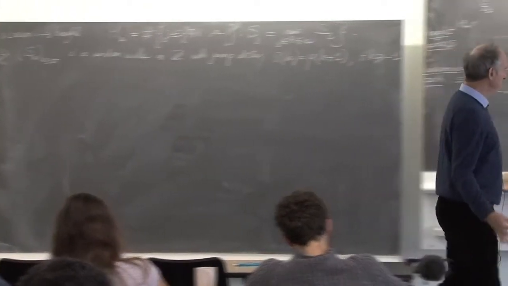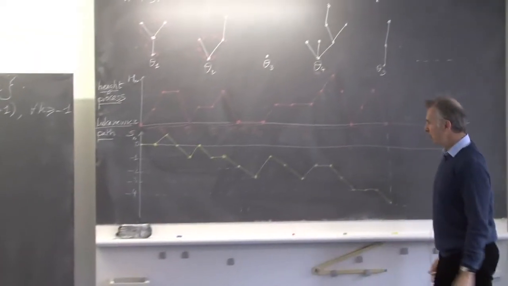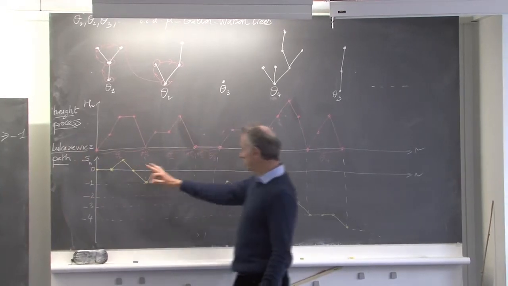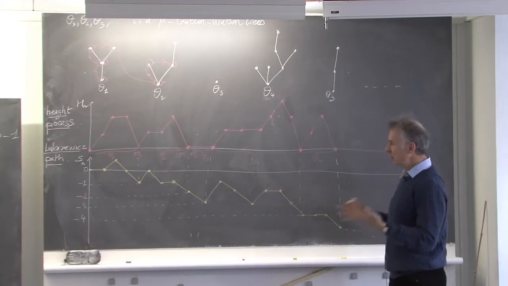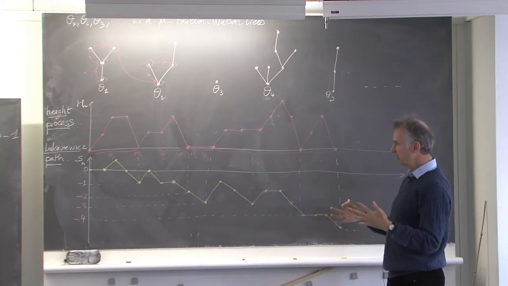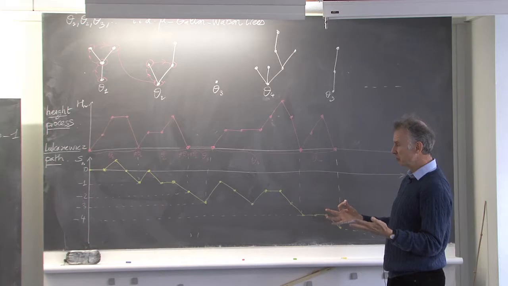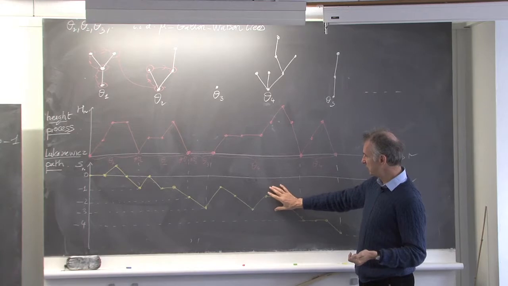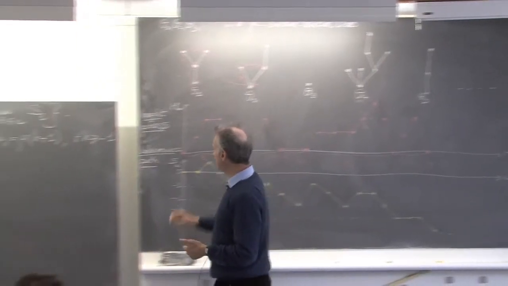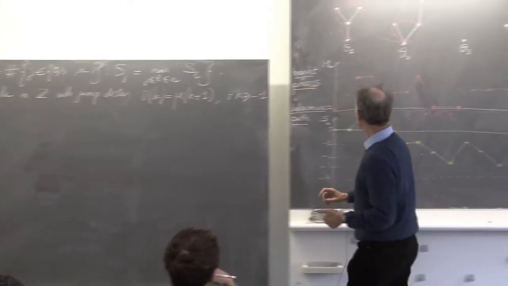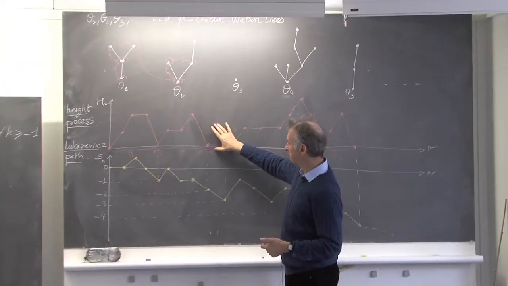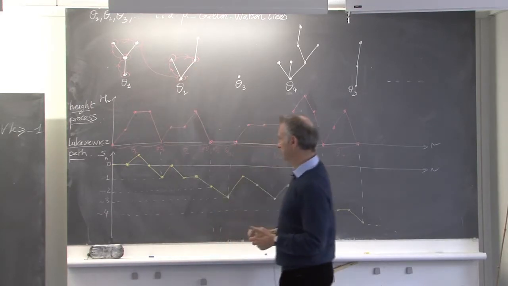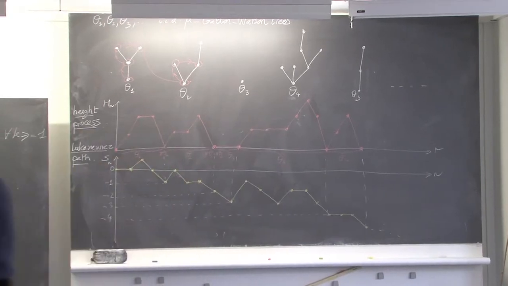Okay, so now what is the basic idea of what I'm going to do today? Well, from the probabilistic point of view, the Lukasiewicz path is very nice. Just a random walk, and we know a lot about random walks. In particular, we have scaling limits. We know that the suitably scaled random walk converges to Brownian motion under certain assumptions I will give. And so we know very well the asymptotics of this yellow function. Now we can use the formula above to get also information on the height process, and in turn this will tell us a lot of things about the trees. This is a rough idea.